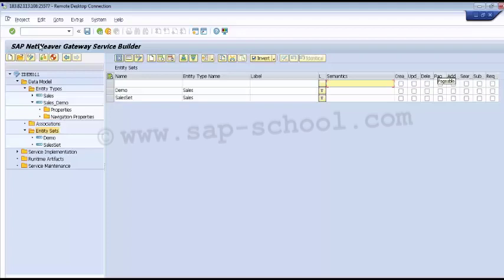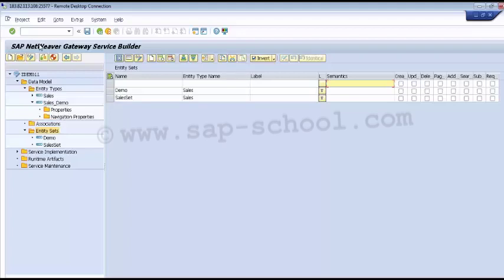Then we have pageable, which indicates that paging is supported by my service implementation. Then we have addressable. This checkbox also indicates that the addressable function is supported by the service implementation. Similarly, we have searchable, subscribable, and requires filter. Requires filter means that a filter is required by our service implementation. If we select this checkbox, the entity set cannot be accessed directly and cannot be queried without a $filter expression. These are all the properties available in my entity sets.